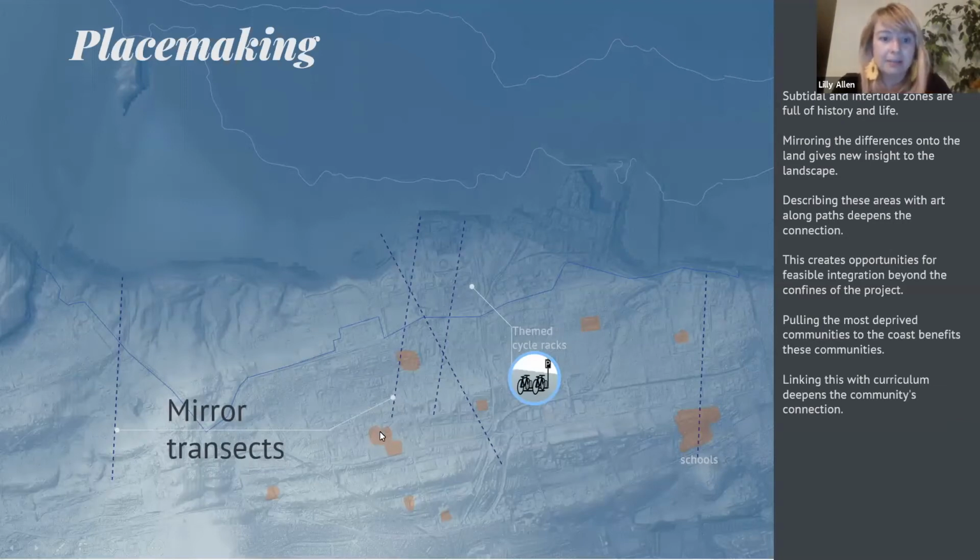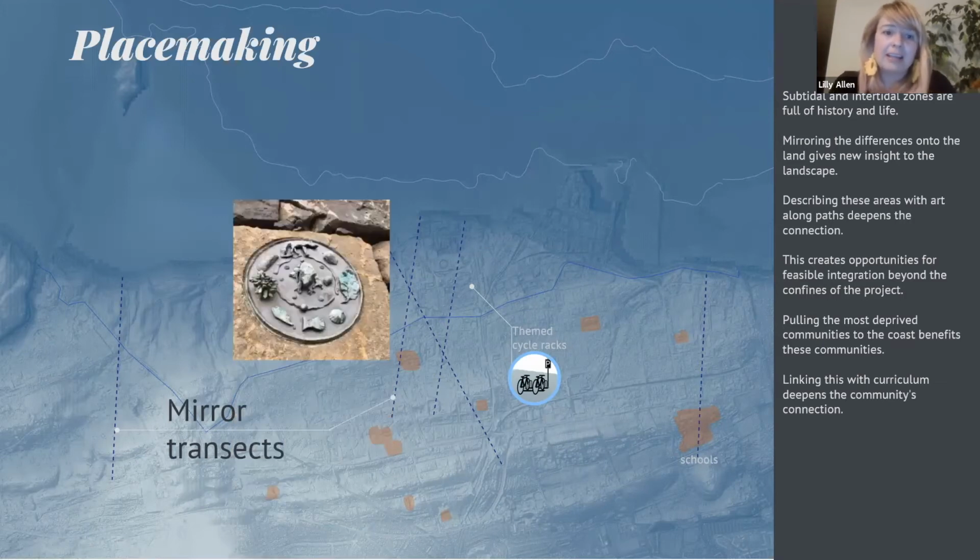anywhere. The red spots are schools, and you can have them intersect with schools. And the idea here is that the subtidal area is really fascinating. There's a lot going on there. It's a huge area of wildlife. And you can draw a mirror from the subtidal area onto the land and do soft touch approaches, maybe little signs, maybe light art saying, oh, at about this far into the ocean, this is sort of what you'd